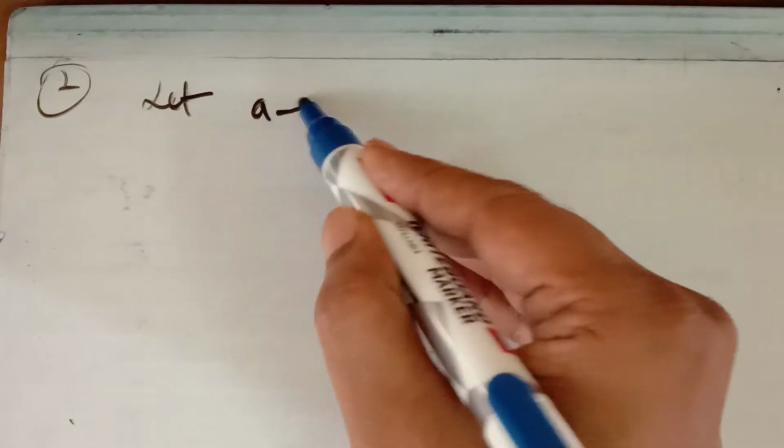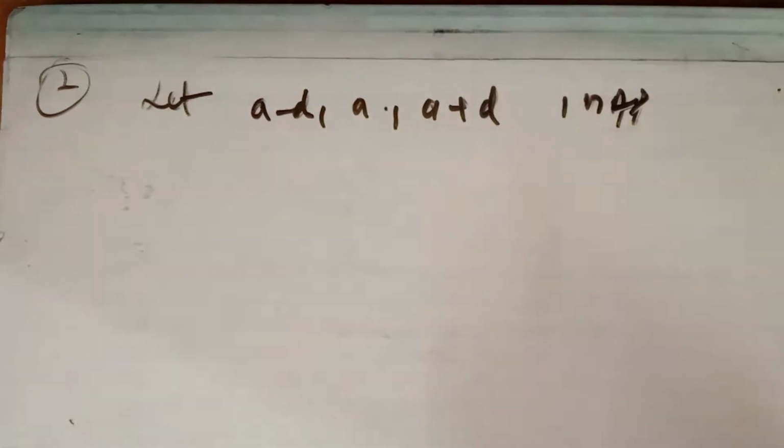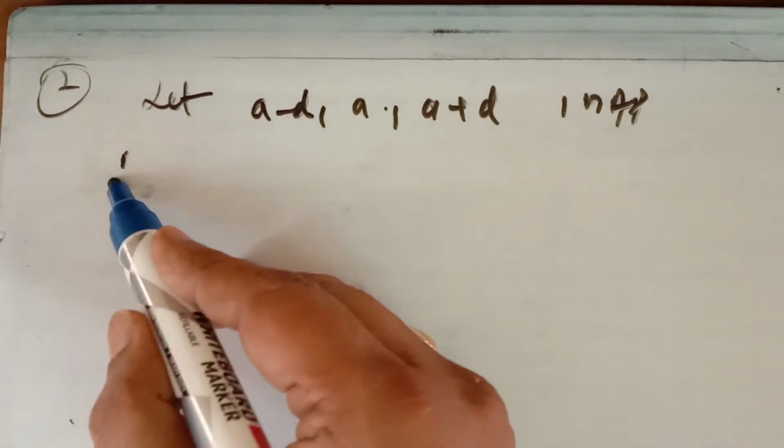you have to show that if the sum of three terms of an AP is 24 and their product is 440, you have to find the numbers. Now you know that if the sum and the product of three numbers in AP is given, then you have to let those numbers be A minus D, A and A plus D in AP. If the sum and product of three numbers in AP are given, you always let those three numbers in AP be A minus D, A and A plus D, because then the calculation becomes easy.